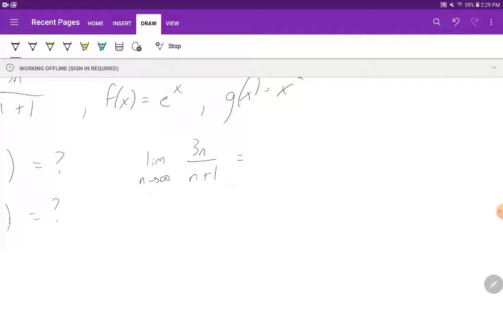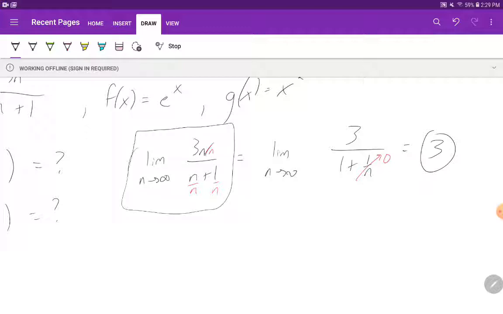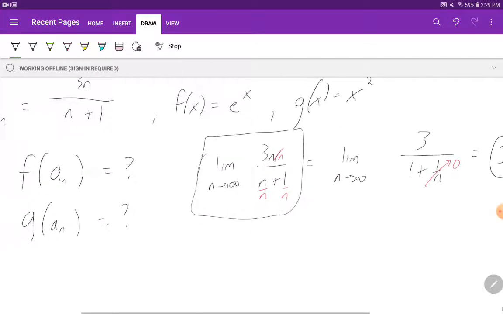So if I divide this by n, divide this by n, divide this by n, I'm left with the limit as n goes to infinity of 3 over 1 plus 1 over n. And we can see that this piece is going to go to 0, leaving you with 3. So what this is saying is this chunk right here is tending to 3 as n goes to infinity, right? So if I have f of x, well, f of a sub n,